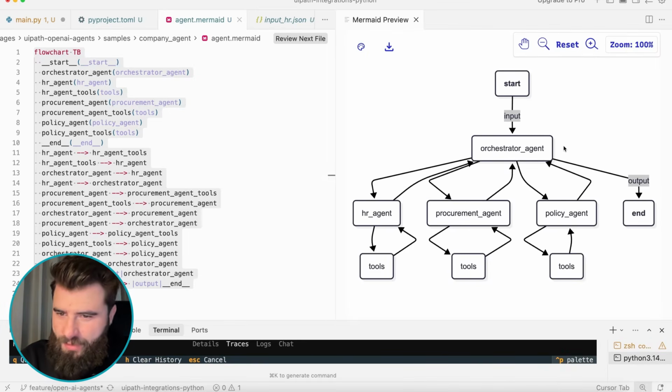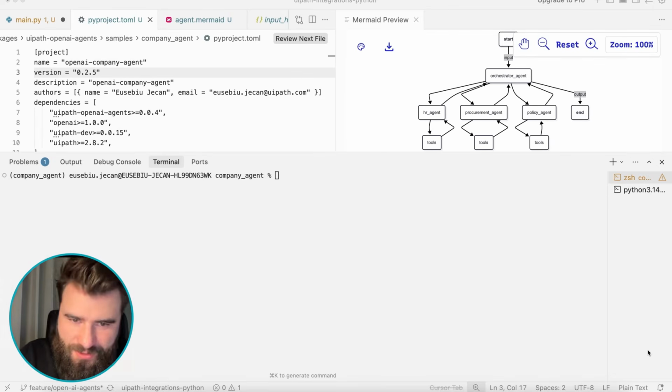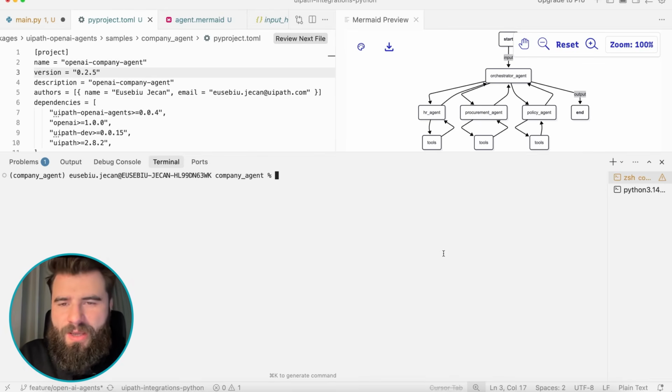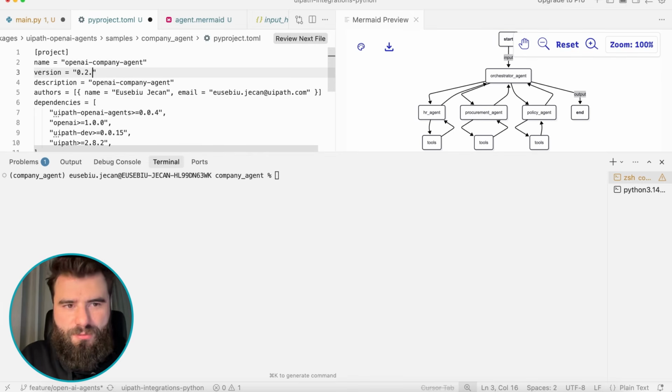And we see visually that it does have an orchestrator agent that dispatches the request to the specialized agent, and each specialized agent has a set of tools. Now, considering that we validated the multiple scenarios and paths over multiple runs, and we even used the dev tools to analyze the traces and validate the behavior based on that, we are ready to deploy this OpenAI agent to UiPath. For that, I will increase the version, which would be 2.6, package it,